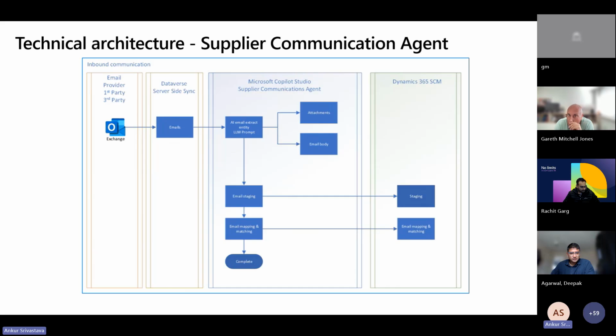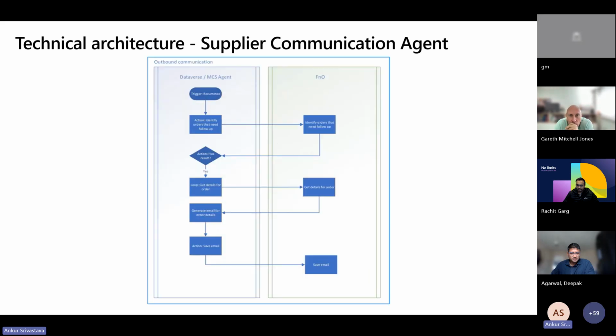We will talk about everything, like what the terms we are using here, in the setup part, but once the email is received by this Dataverse,